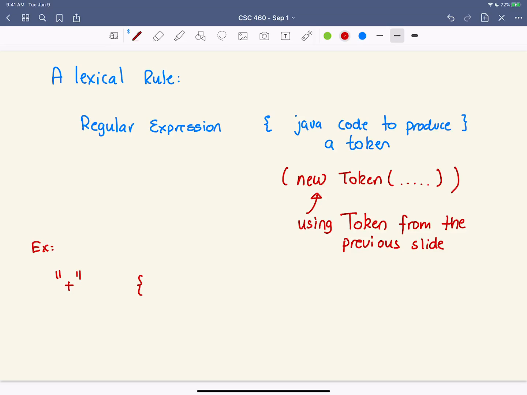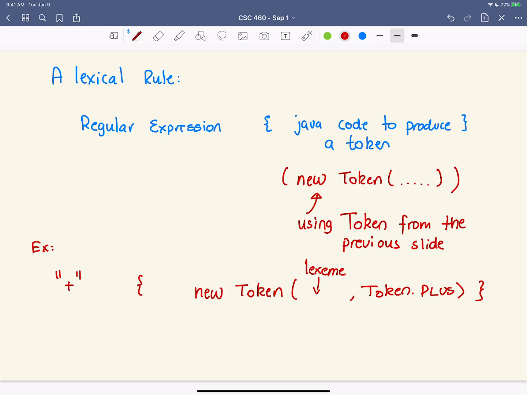We're going to have to come back and look at that, but definitely it's going to be something like new token, and then here goes the lexeme, and I don't know what that is held in for whatever system we might be pretending to use here, but it doesn't really matter. And then here we can say token dot plus.